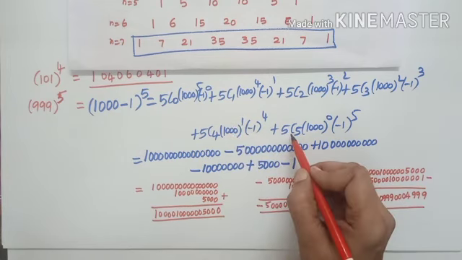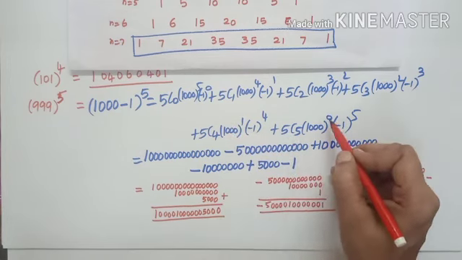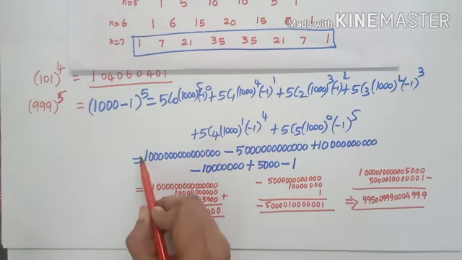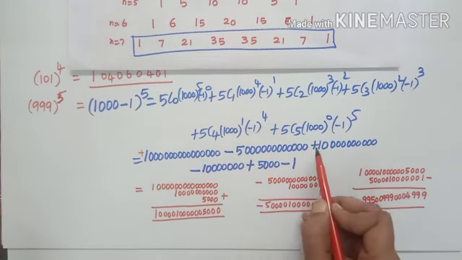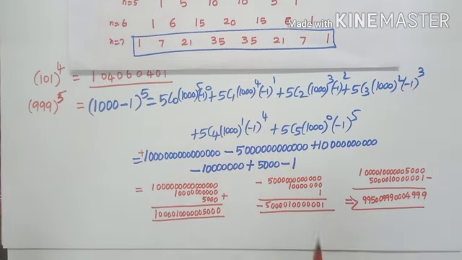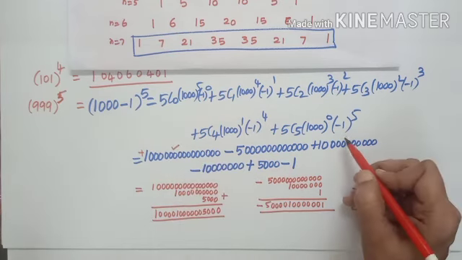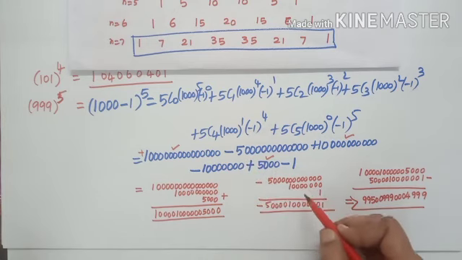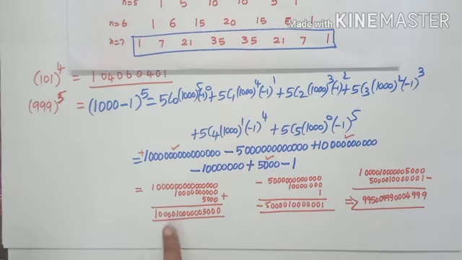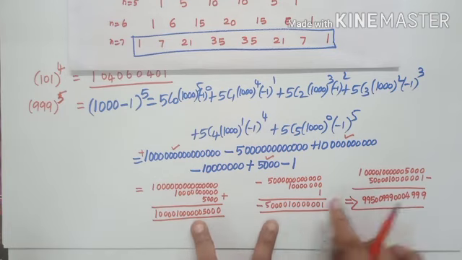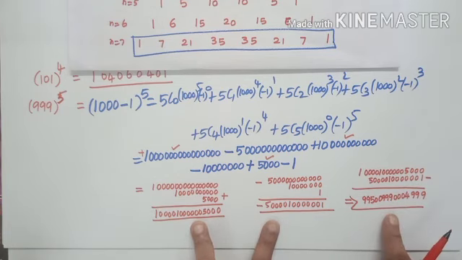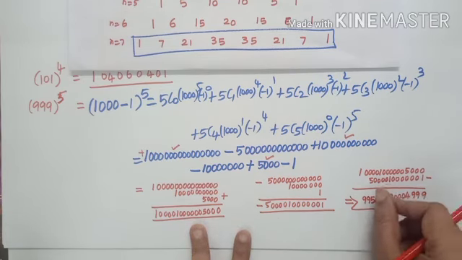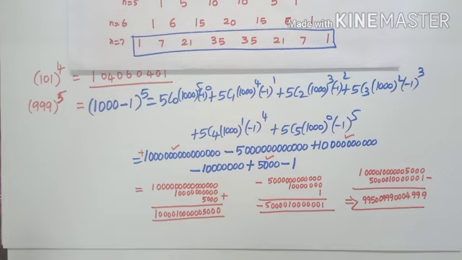1000 power 1 into 5, and here the same number comes: 1, power 0, 1, only the minus symbol, power 5, so it is minus. Check: alternatively positive, negative, positive, negative, positive, negative. All the plus numbers add and write. All the minus numbers add and write. From the plus number, subtract the minus number, writing the terms one below the other, and get this answer. Try it yourself, place the digits properly, check whether you get this.